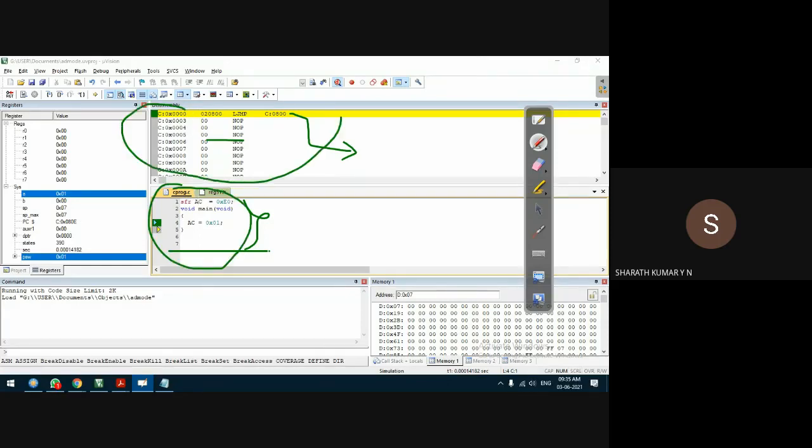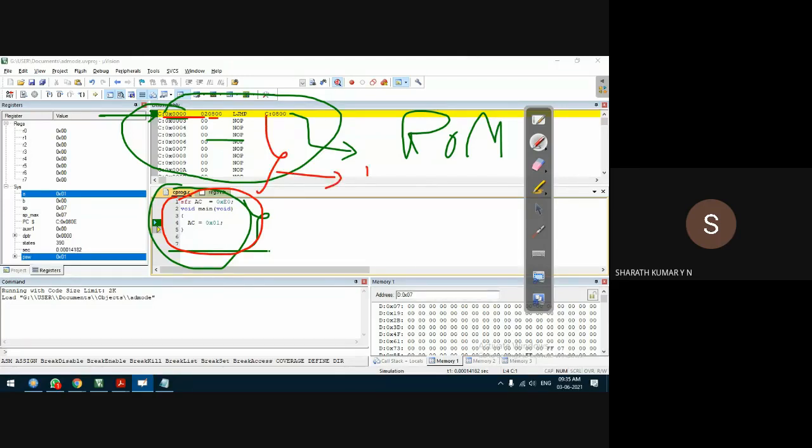This disassembly window is showing the internal ROM space where the program is stored. Let us observe. Whenever the microcontroller is restarted, the program counter will always point to the first location in the ROM space, that is 0000. But the compiler decides not to store this program starting from the first location because it thinks the first few locations are used for interrupt service routine.